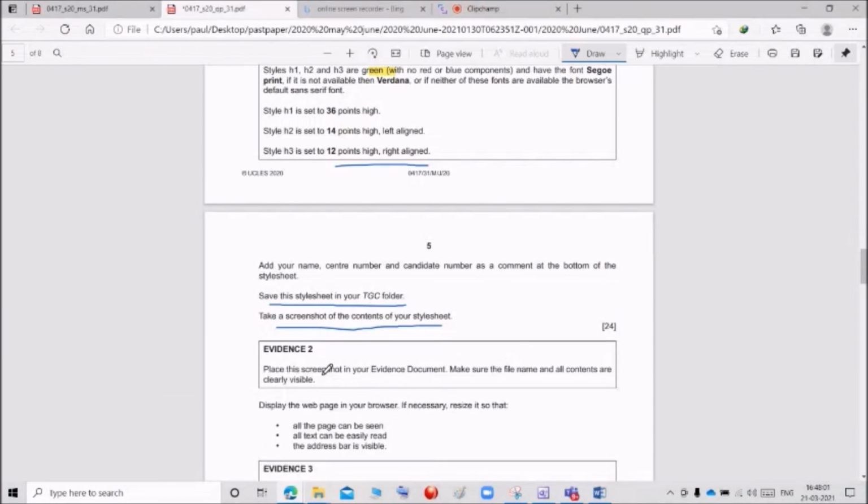Next, we place this screenshot. Make sure the file name and all contents are clearly visible.